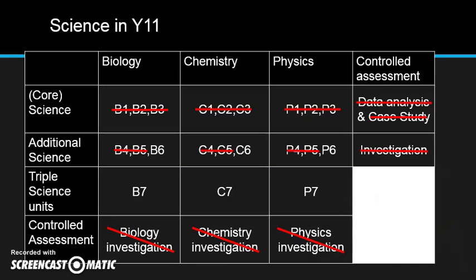Currently, this is where we are with both additional and triple students. You can see that all controlled assessment has been completed and that we have completed 5 units for each discipline. For additional science, that means we have 1 unit left to complete, and then we can focus on revision lessons. For triple, with 2 units remaining and the unit 7s being larger units, there is a need for more time to be spent in lessons covering content, and so not so much time in lesson can be given over to revision. Either way, it's essential that students do not think that revision in lessons will be enough to help them